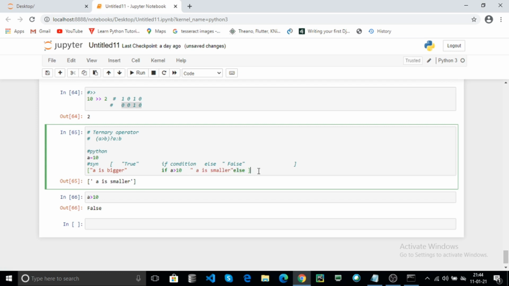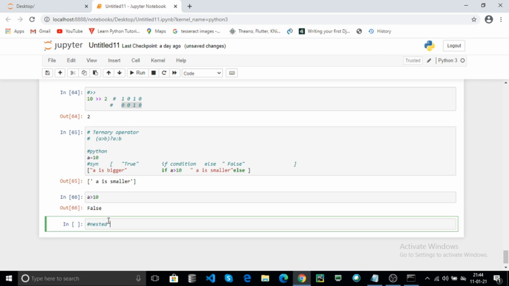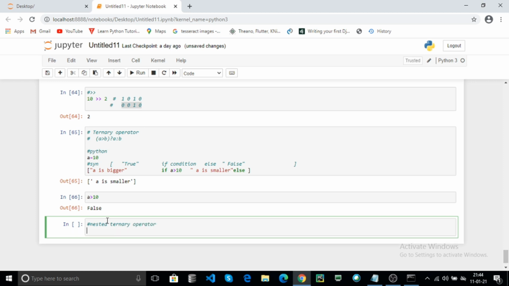You can also nest the ternary operator. Here the syntax is: if the condition is true, the left part will be executed. If the condition is false, the else part will be executed. In the else part, you can also use another if.